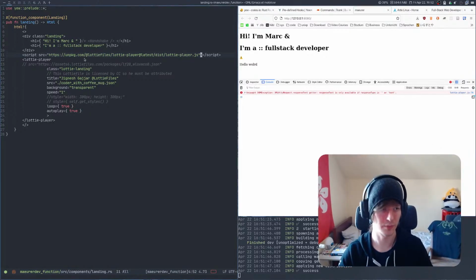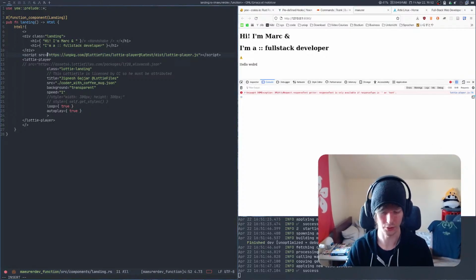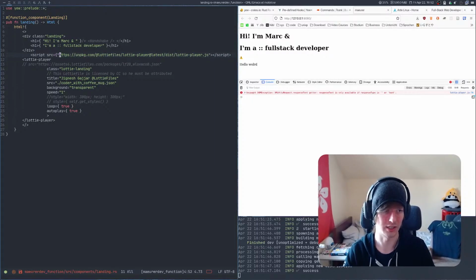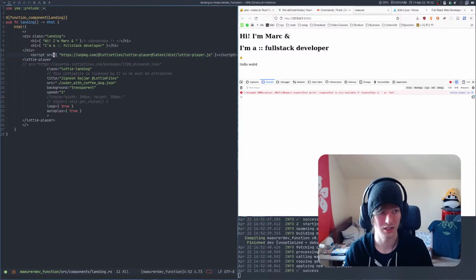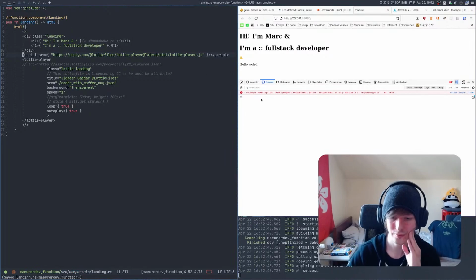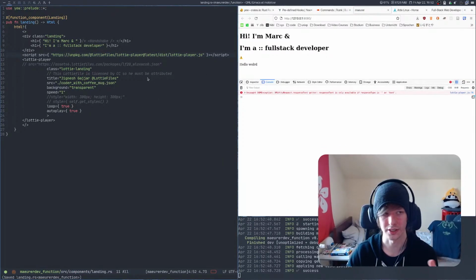I guess before that, don't I have to put every string in brackets because of how Yew handles strings in JSX? But I guess it doesn't care if there is one or isn't. But still we have no Lottie file. Let's just skip that and let's go and